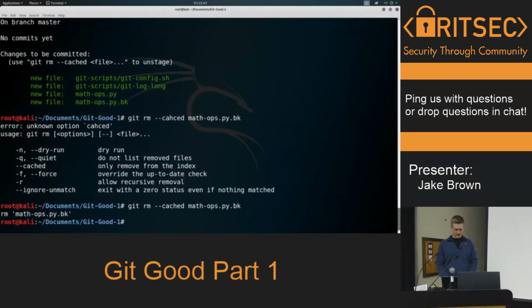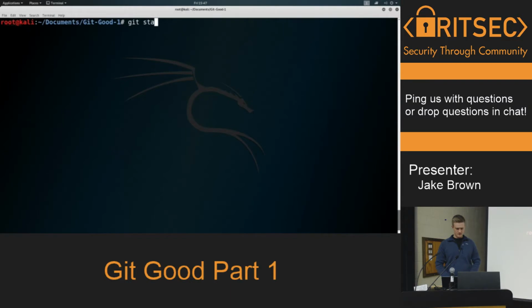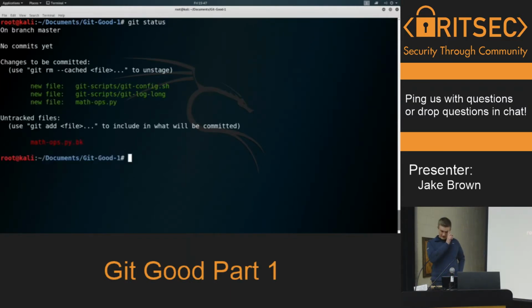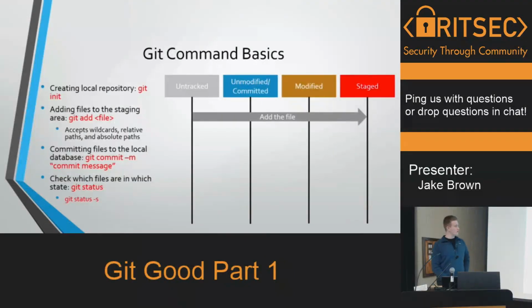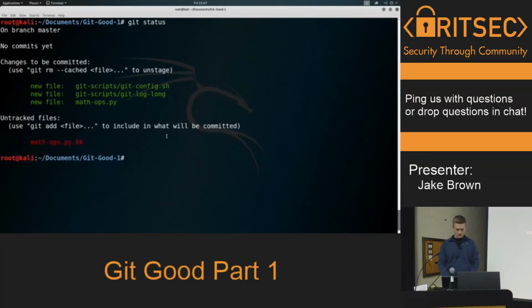All right, so now we check the status again, and there we go. We've added the files we want to the staging area, and now that we have the files we want in the staging area, we're ready to commit those files. The commit is going to take them from the staging area to the unmodified committed state. So if we do our git commit